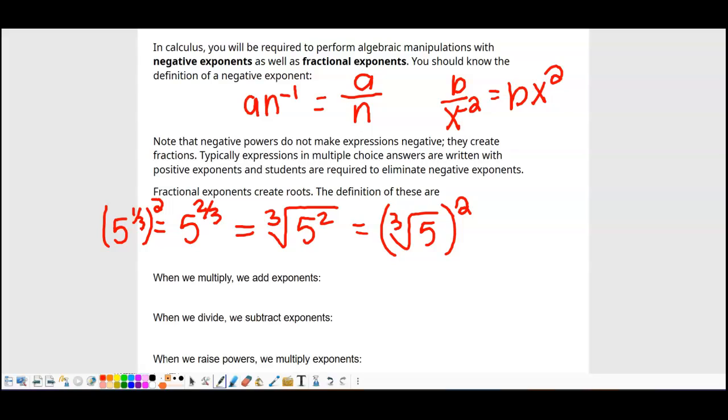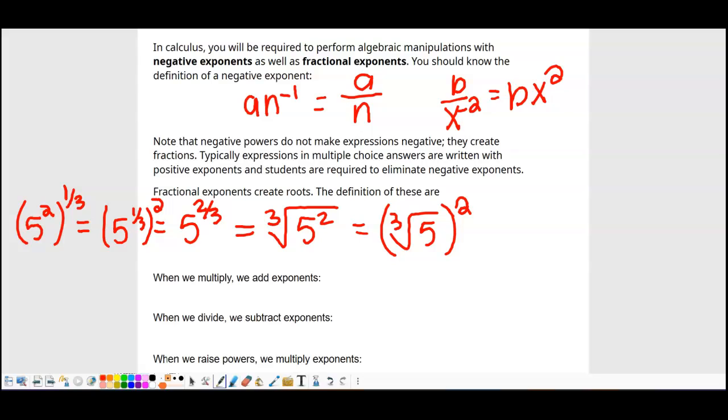So 1/3 times 2 is 2/3. Or it could have been 5 squared raised to the 1/3. So this is when math gets a little tricky, right? This is technically 5 different ways to write the exact same thing. So it's really important to know the equivalent statements between exponents and roots,